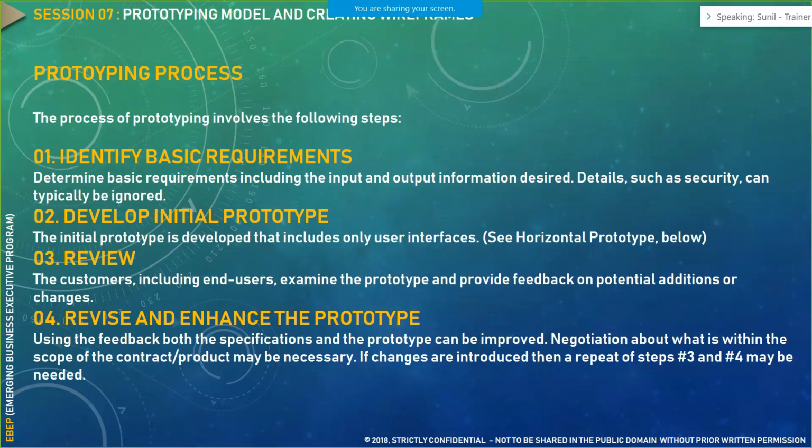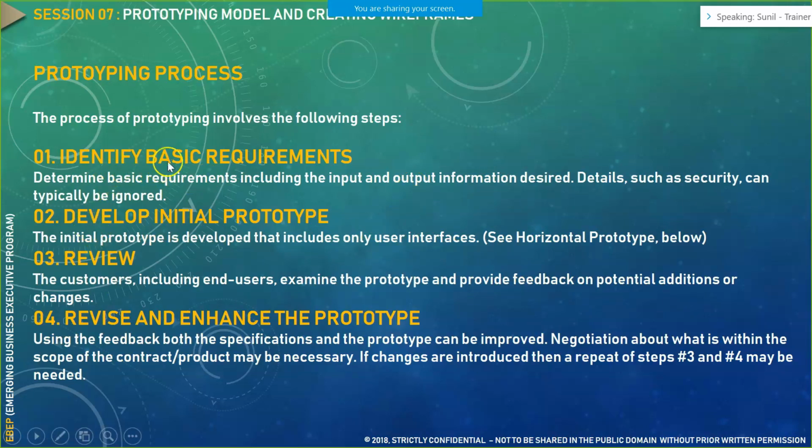For example, if we consider this portal itself, I have given some input to the system. When you log in, under your My Account section, you are able to see the details present in the system pertaining to your user account. That information, shown to the user, is the output: whatever input we have taken from the user, and how the presentation of information happens after the user logs in. That is something you articulate in your output related artifacts or the prototypes.